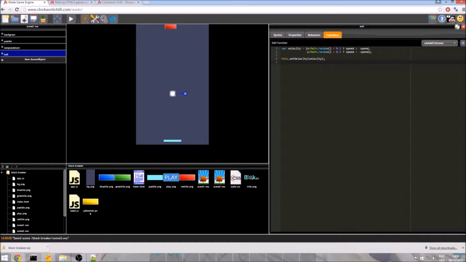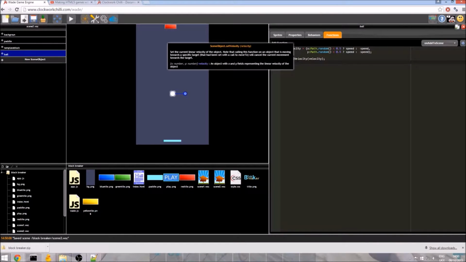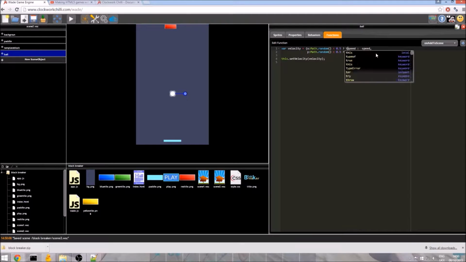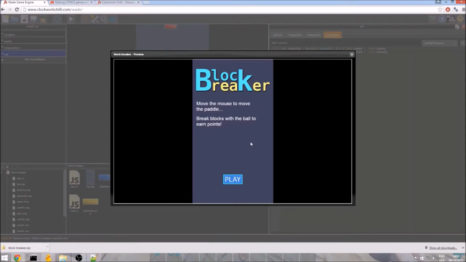It looks like we have another silly bug. So I'm just going to check. Yes, it does take a velocity of x and y. Oh, that's it. We need this.speed because speed is a property of the ball. That's all I forgot. And because it was an undefined property, it caused other problems, which is why the blocks didn't render. So we'll just try this again.